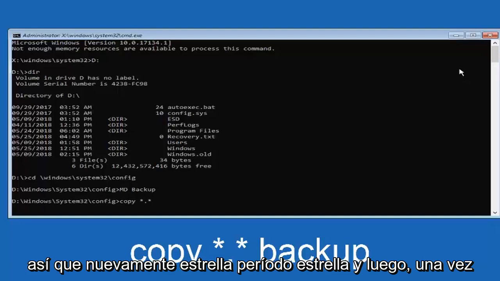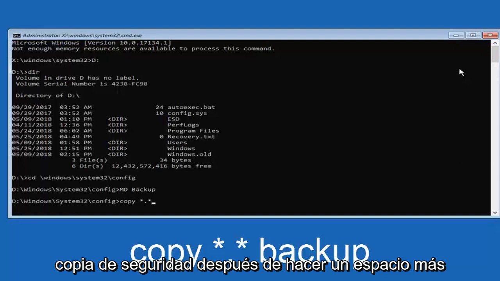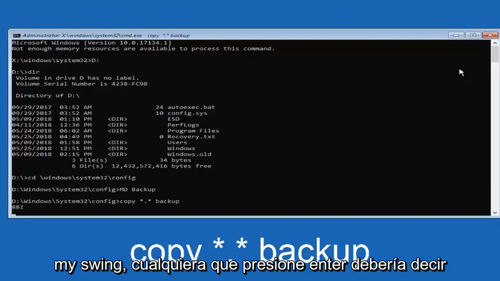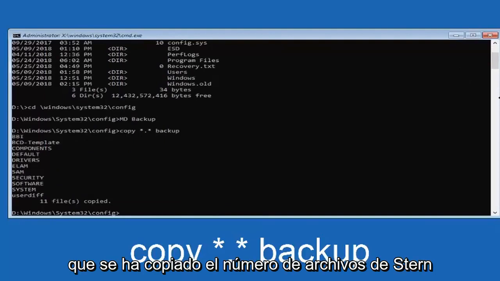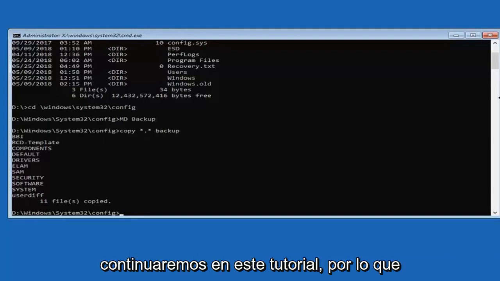So again, star, period, star. Then add one more space and type backup, so there's a space between the last star and backup, exactly how it appears on my screen. Then hit enter. It should say that a certain number of files have been copied. Once you've done that, we'll continue on in this tutorial.